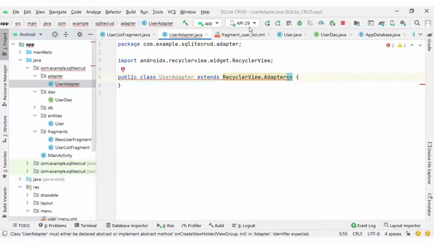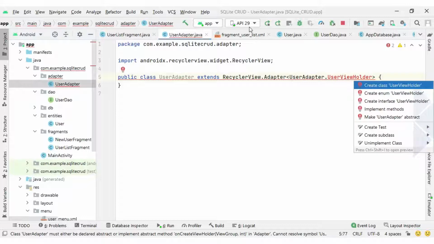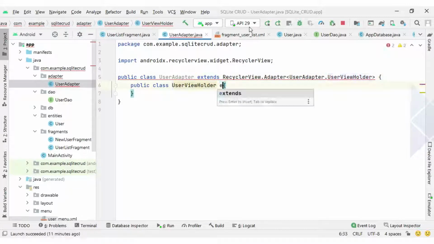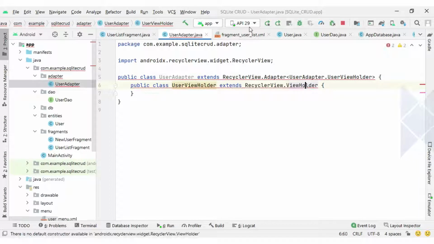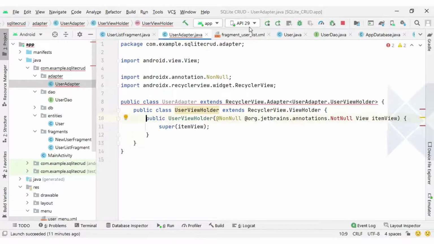Inside the adapter class I will pass user adapter dot user view holder. So user view holder I will create here, and it will extend inbuilt ViewHolder class.